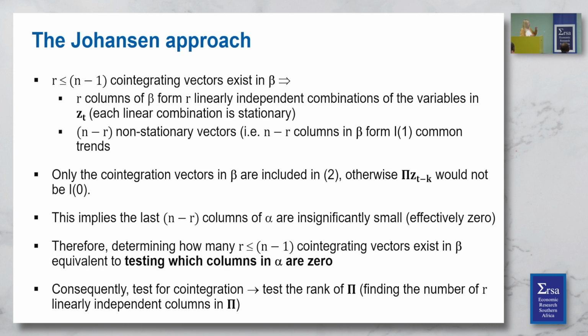In mathematical terms, what we are looking for are linearly independent combinations of variables in that pi matrix. And what does that mean? I actually have just an Excel file here with what we mean by